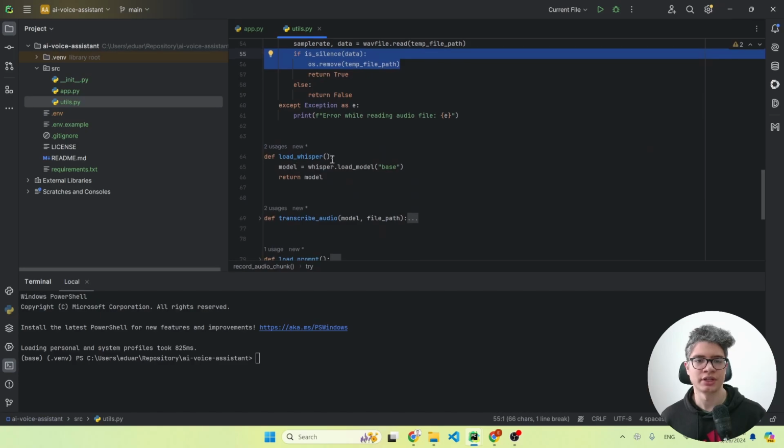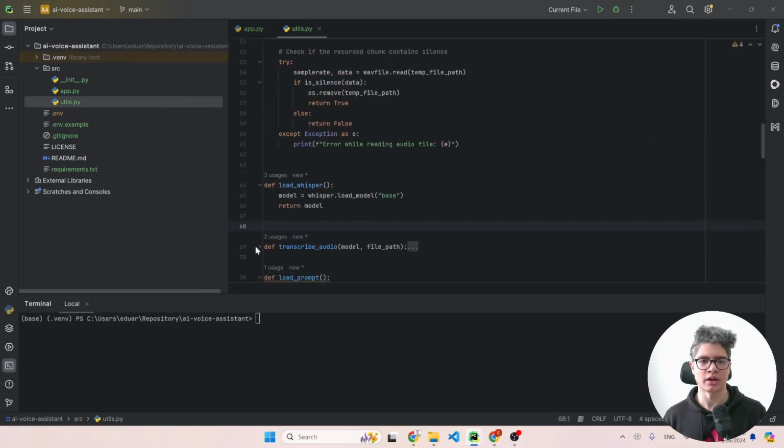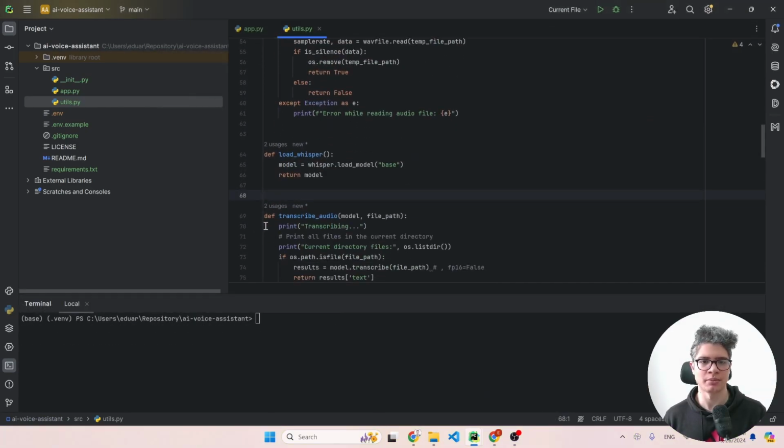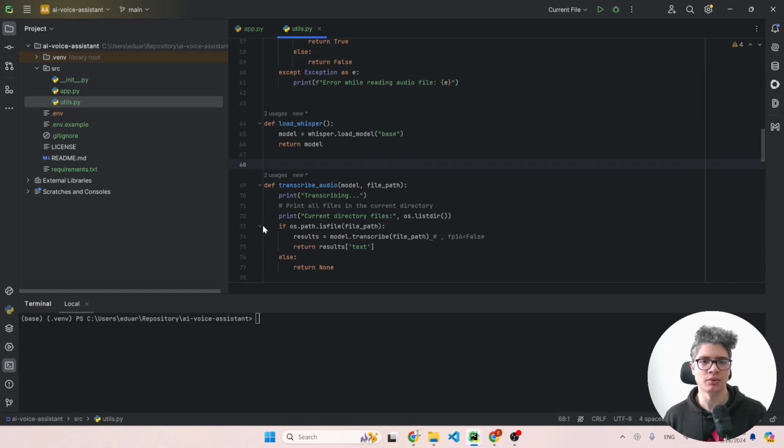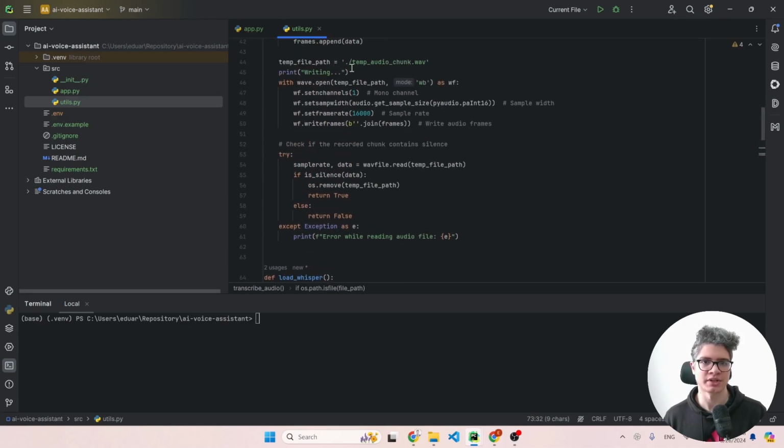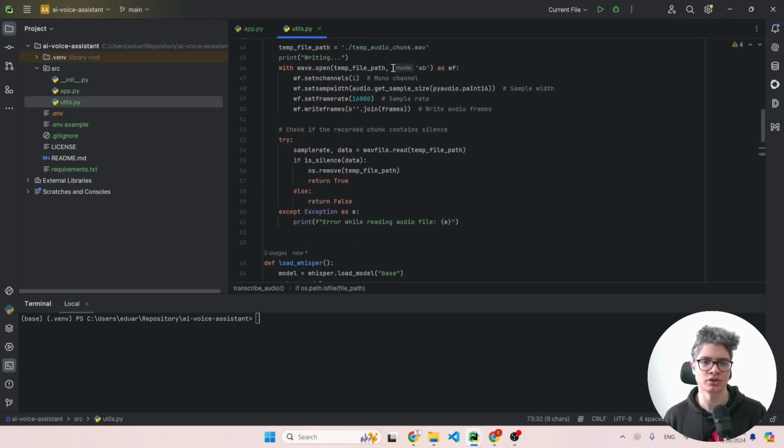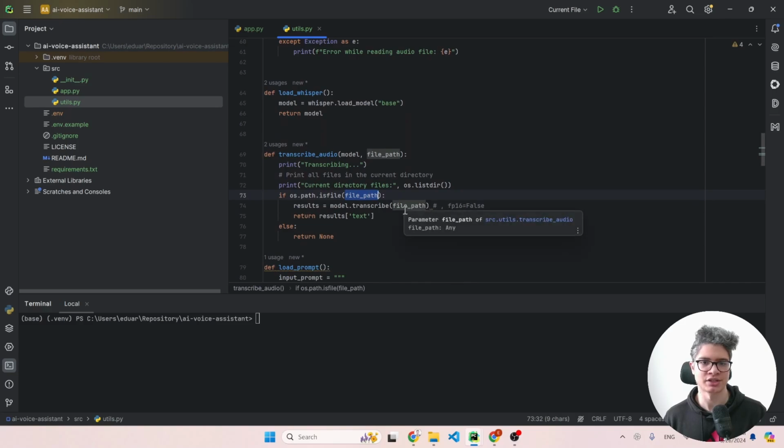Here we have this function that loads the Whisper model. And then we have this function called Transcribe audio, in which we transform our audio to text. Here we specify that if a file is in this file path, which is the one we specified earlier, the temporary audio chunk, let's transcribe our audio to text, and we save the results as text. But if there is no audio in this path, let's return none. This will be triggered if the audio doesn't have any sound. If the audio has sound, we will get a text, and if it doesn't have any sound,